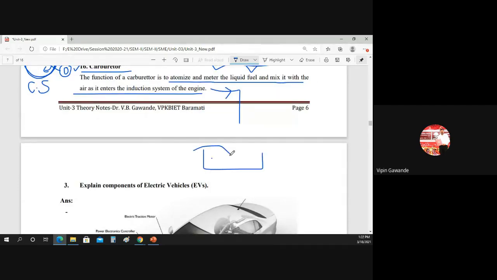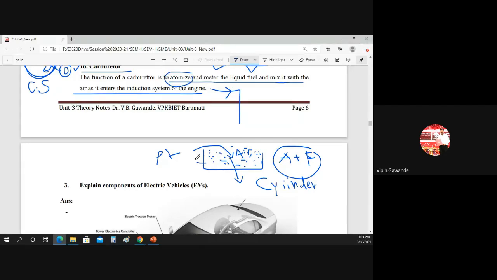कार्बोरेटर काय करेल, इथे एअरला एंट्री देईल प्लस फ्युएल, पेट्रोल जर असेल ना, जर पेट्रोल इंजिन असेल तर पेट्रोल पण एंटर होईल, आणि इट मेजर द क्वांटिटी ऑफ दिस एअर प्लस फ्युएल मिक्सचर. या दोघांची क्वांटिटी तो मेजर करतो, आणि नंतरच ती क्वांटिटी सिलेंडरला सेंड करतो. ओके, सो कार्बोरेटर काय करतो, इट ऑटोमाइज म्हणजे त्या दोघांचं मिक्सचर करेल. पेट्रोल इज कन्वर्टेड इनटू ऑटोमाइज, दॅट मीन्स इन द फॉर्म ऑफ स्प्रे, अँड मीटर द लिक्विड फ्युएल मिक्सचर. मीटर म्हणजे काय करतो, तो मेजर करतो. ओके, अँड देन ओनली इट इज सेंड टू द सिलेंडर.